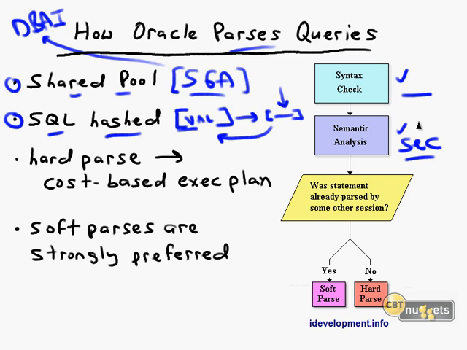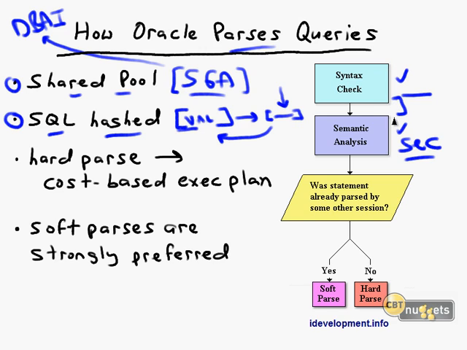Is what the user is trying to do allowed in the table or view? Maybe the user is attempting an update or an insert and has invalid values based on column constraints. That could be captured at the syntax check level as well. Now, if you're thinking to yourself, well, Oracle is doing quite a bit of work here, that's absolutely true, and